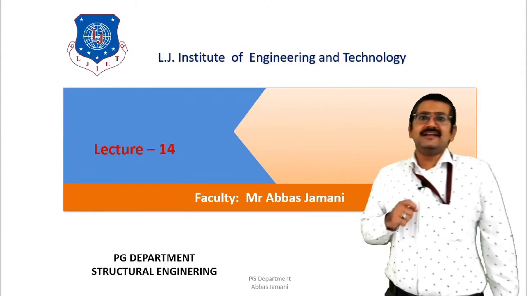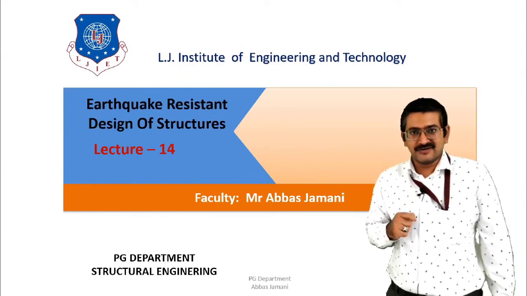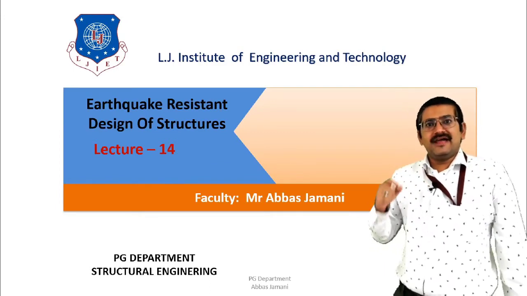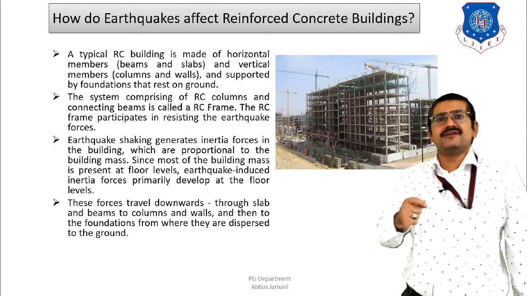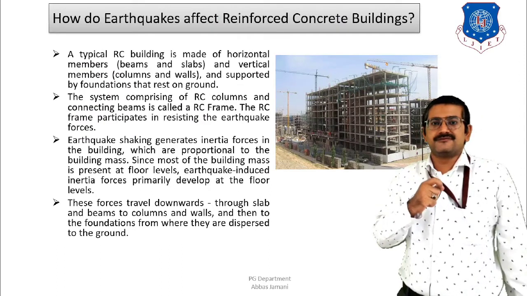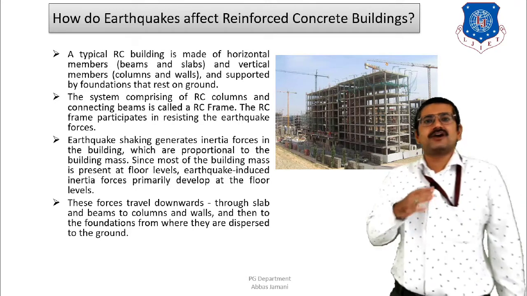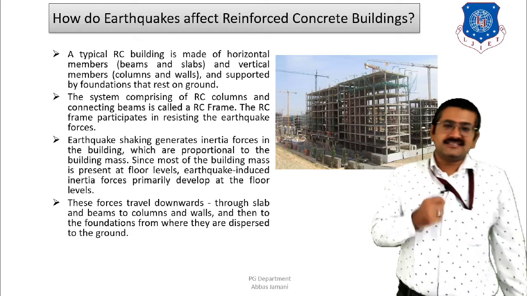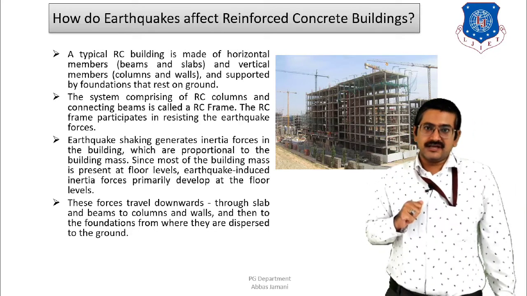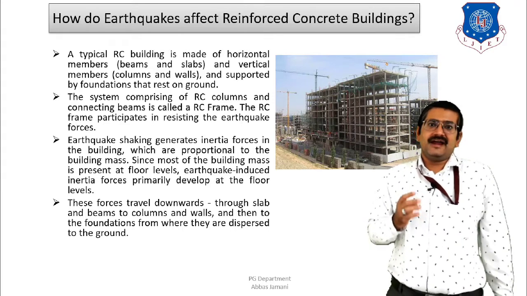Right. So in case of masonry buildings that we had discussed last time, if you remember, we discussed that the roof, the wall and the foundation play an important role in ensuring the smooth transfer of horizontal forces from the top level to the soil. Right. So similarly, when we talk about RCC buildings or frame structures, then we know that the four key components of RCC buildings are beam, column, slab and the walls.